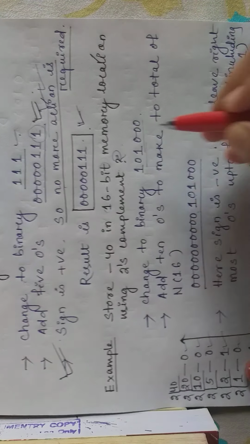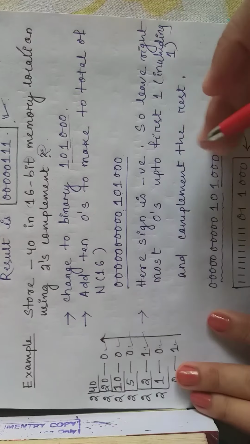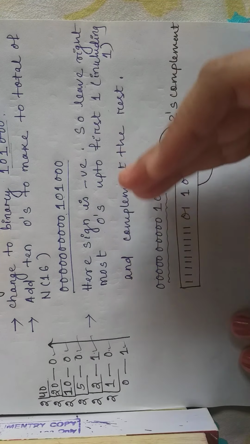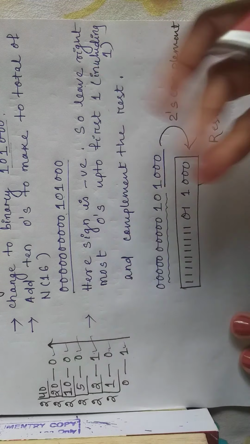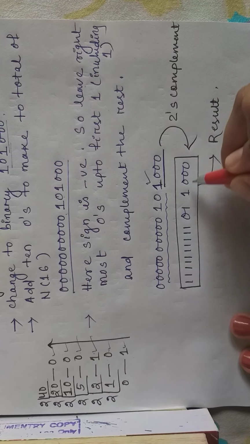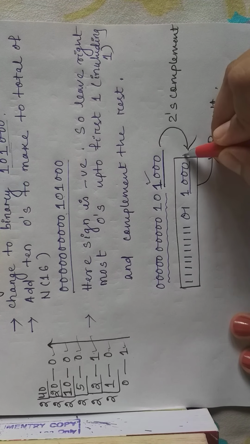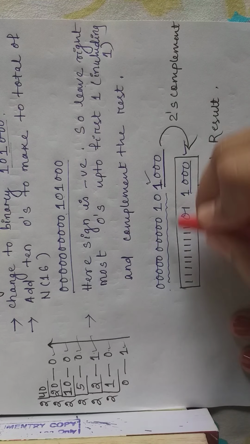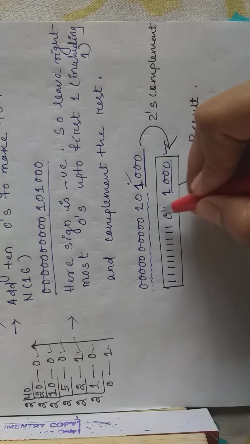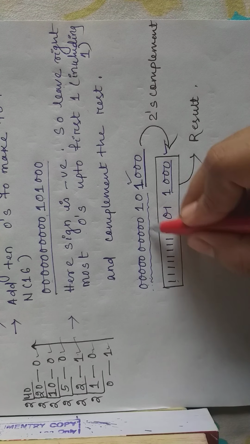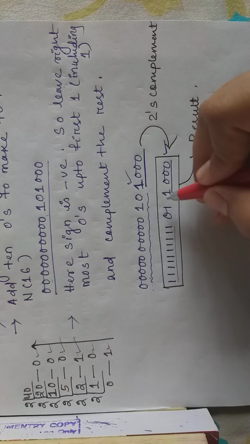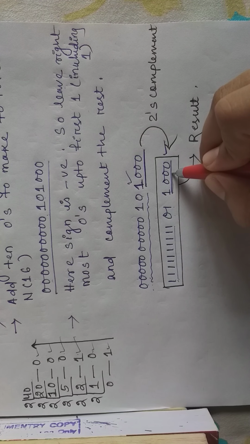As we know, the 2's complement means we'll go from right to left, and first we check where the first one will come. The first one will come here, that means 100. Here it will remain same, 100. After that all the bits are changed. 0 is changed to 1, 1 is changed to 0, that means 10 0. Here 10 1, 1 is converted to 0, 0 is converted to 1, and here 100 remains same.